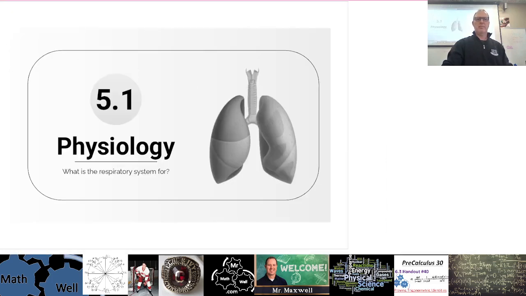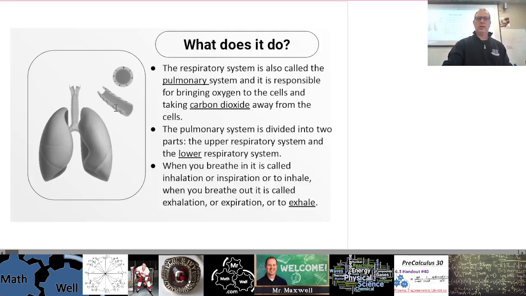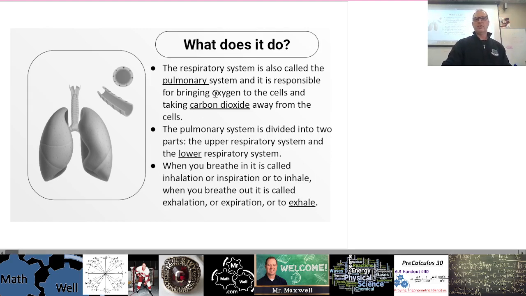All right, page 1 is the physiology. So what does the respiratory system do? The respiratory system is also called the pulmonary system, and you'll see that's actually the title of your notes. These notes are on the website in case you lose them. The pulmonary system is responsible for bringing oxygen to the cells and for taking carbon dioxide away from